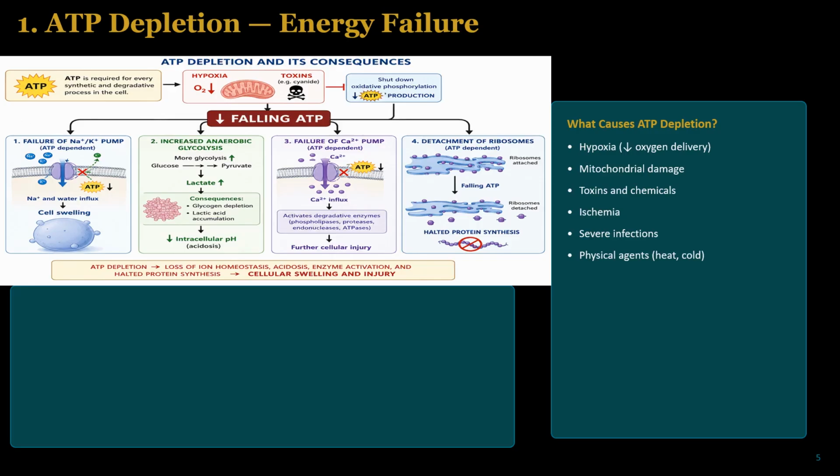The first one is failure of the Na-K sodium potassium pump. This sodium potassium ATPase pump works perfectly in the presence of ATP. What is the job of this pump under physiological condition? The role of this pump is to pump out 3 ions of sodium out of the cell and take in 2 ions of potassium. Meaning they remove sodium ions extracellularly and take in potassium ions intracellularly. That is the role of this pump under physiological condition. But if there is no ATP, the pumps will not be able to take out the 3 ions of sodium and take in the 2 ions of potassium.